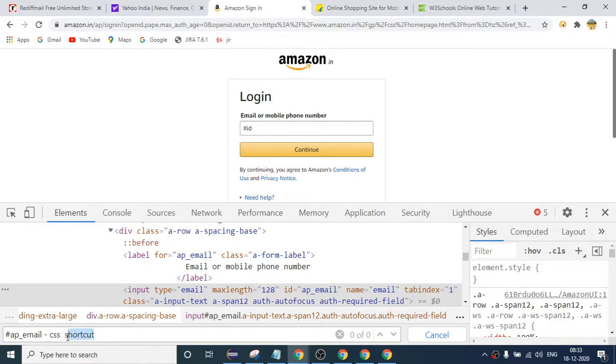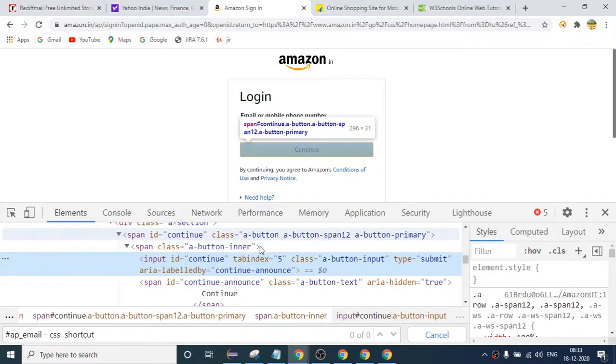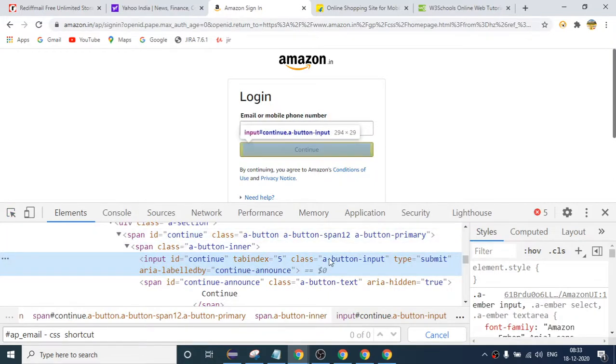Okay, so is it clear to everyone? Okay, so if I come to this button, you can see this is the class. With the help of class as well, suppose this is the class, I can write one XPath shortcut: dot class name.